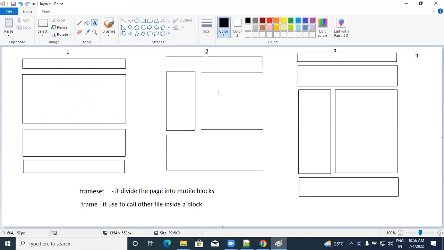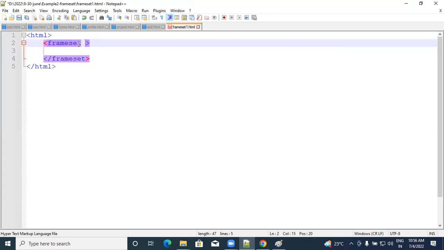But here row and column both are here. Here also row and column both are here. So in the first design, you will follow only row wise, multiple blocks as a row wise. You will write here frameset rows equal to